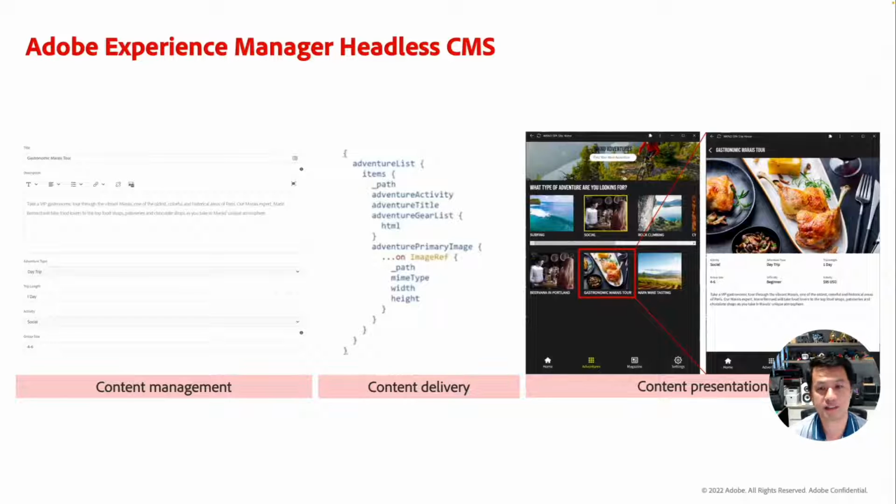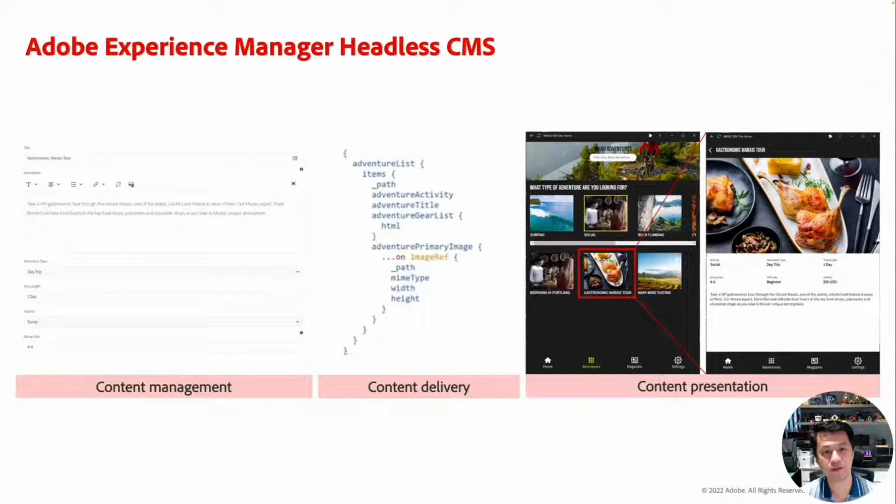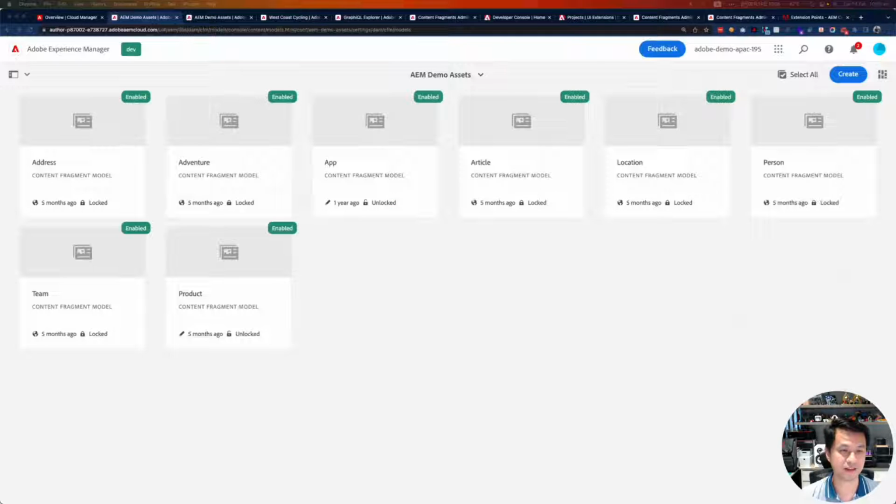I'm going to start with this slide because many people know AEM as an enterprise level content management system. But you may also hear that there's no doubt AEM is also a hybrid CMS which supports headless delivery as well. In the headless world, I think there are three important parts that AEM puts innovations in, which are content management, content delivery, and content presentation. In the next 5 minutes, I want to quickly show you, in the last maybe 6 months, what are the innovations we have put in these 3 areas. So let's jump to the demo directly.